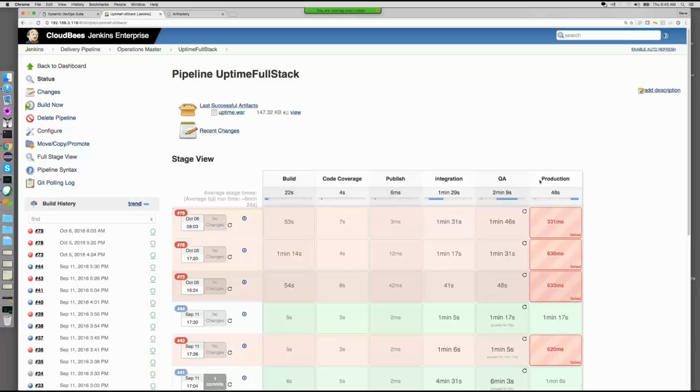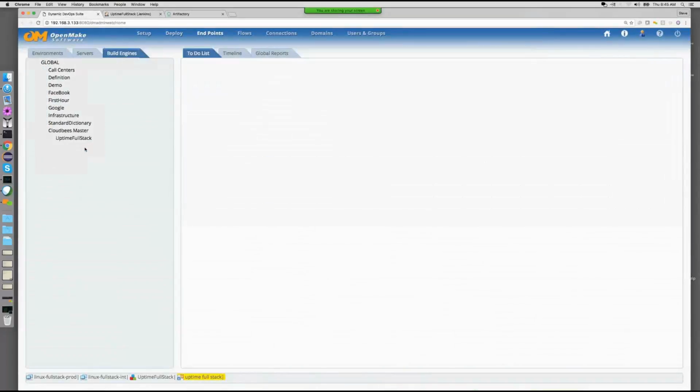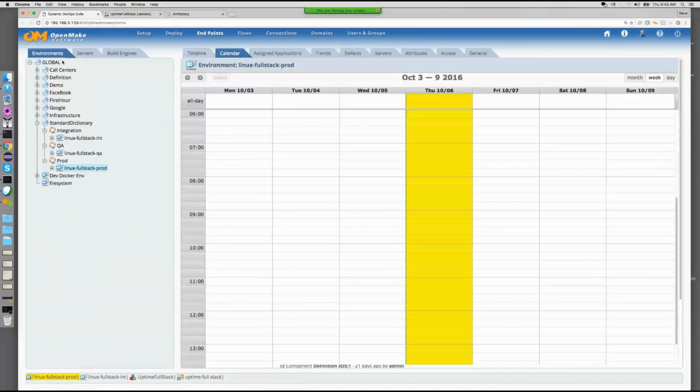Now, one of the things that you'll see that's different with Release Engineer compared to any other product out there is we have a calendar that we're going to reference for each one of these stages. So let's go ahead and look at the production calendar. So let me go out to our calendar. The calendar that we have set up